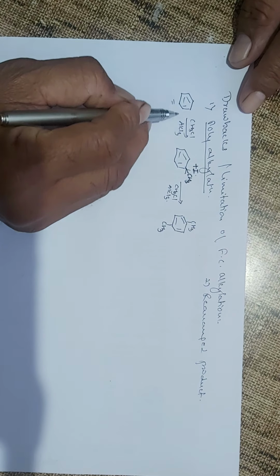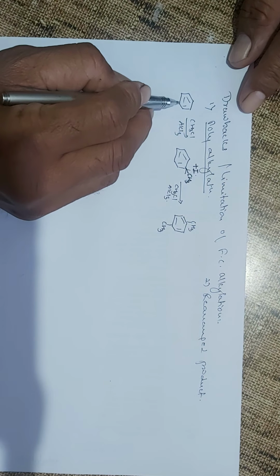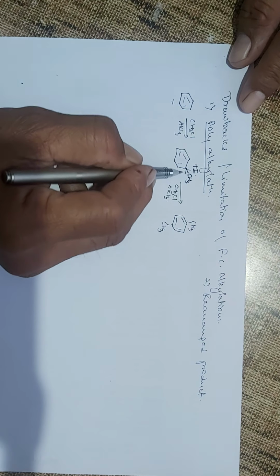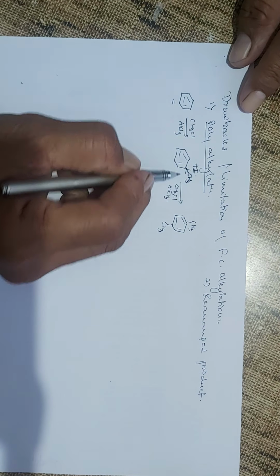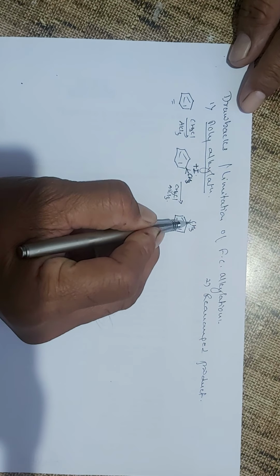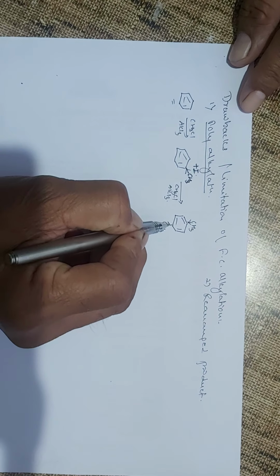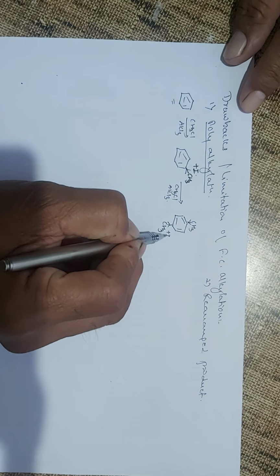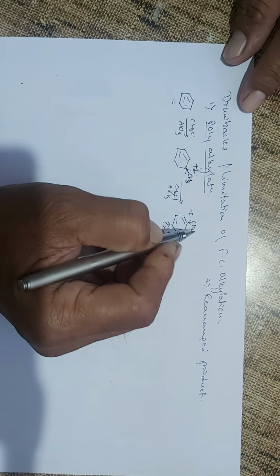Means instead of reaction between benzene and methyl chloride, it starts reacting with methyl benzene and gives you a dimethyl benzene. And as here there are again, instead of one methyl group, two methyl groups in the benzene ring, this becomes more reactive because here the positive inductive effect is twice.